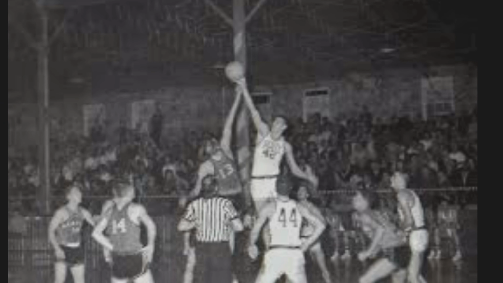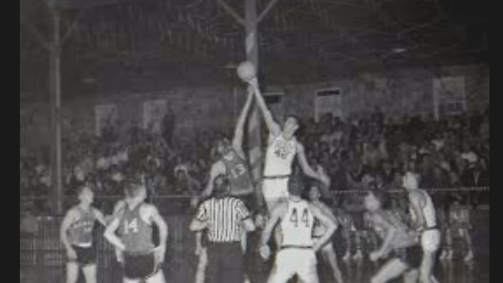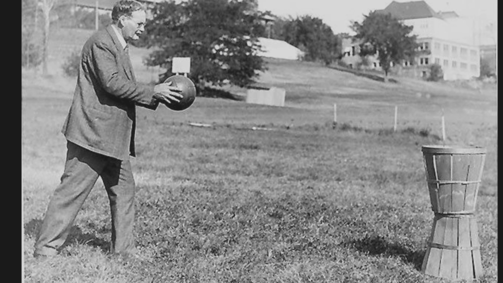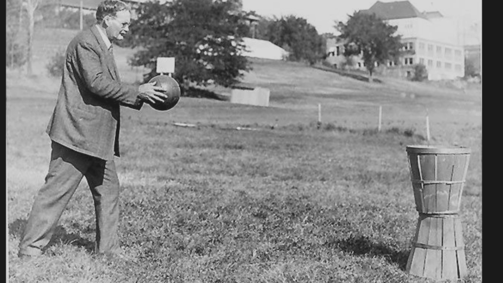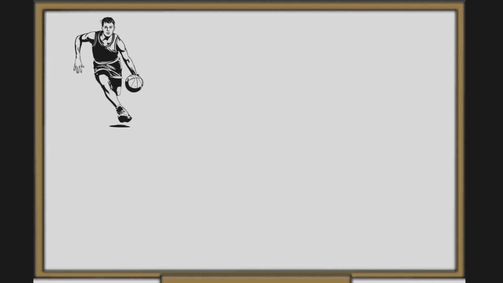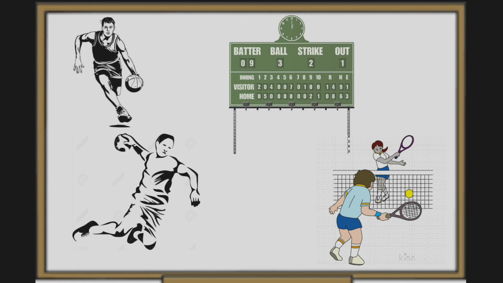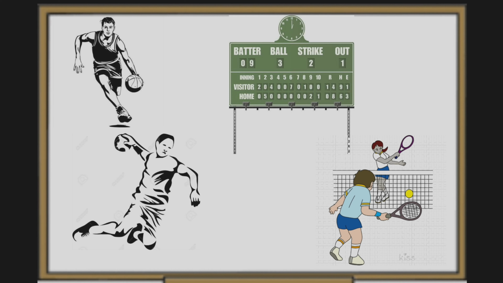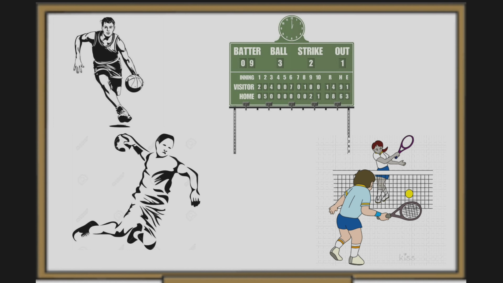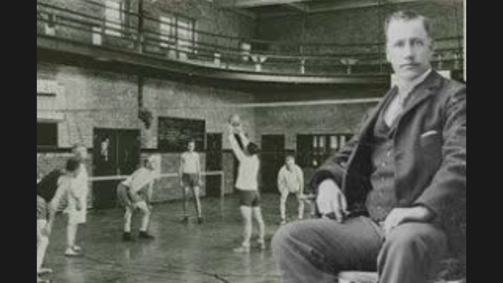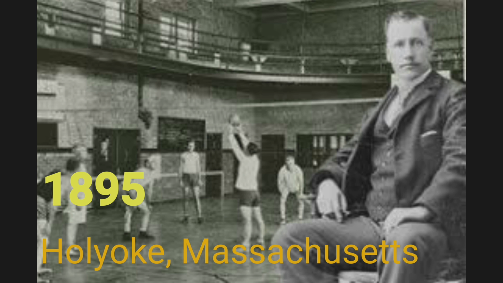Drawing on basketball's original aims of being a sport that could be played inside with minimal physical contact, Mr. Morgan was inspired by Naismith's creativity and set out to create a sport blending the skills of basketball, baseball, handball, and tennis, wanting to borrow some ideas as he had limited time to come up with his new invention. All the while, he was keeping in mind his goals of creating a game for all age levels and strengths. His creation was finally completed in the winter of 1895 in Holyoke, Massachusetts.